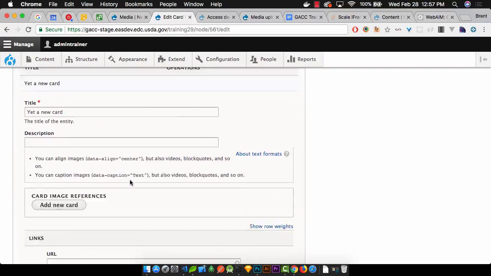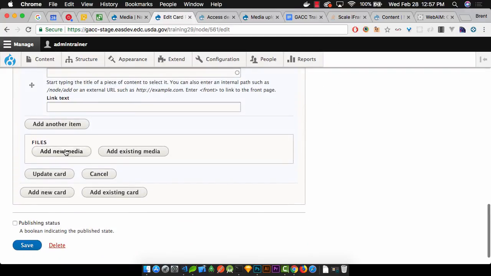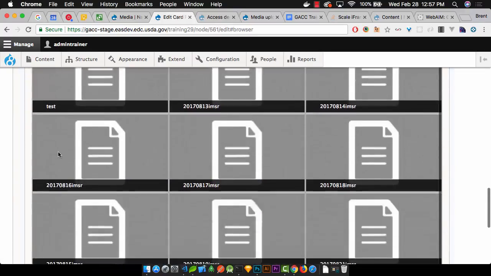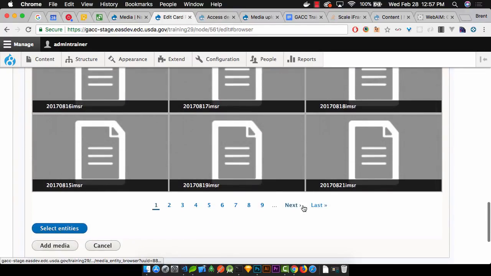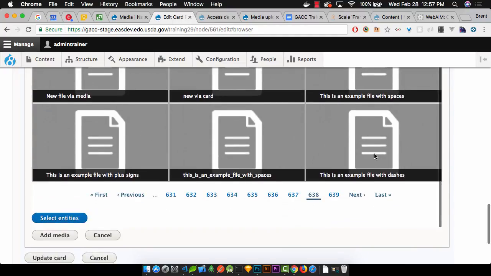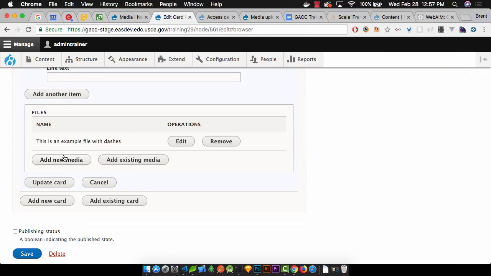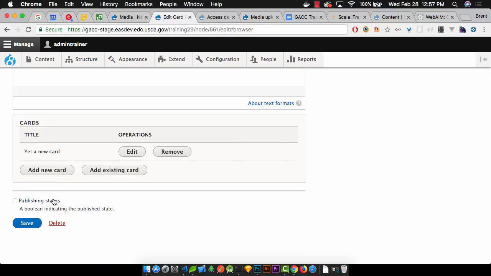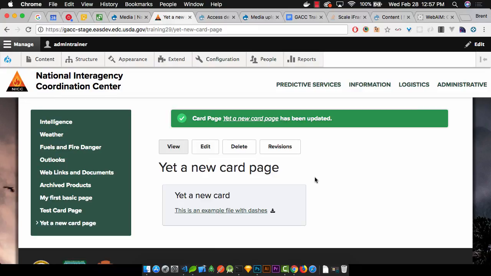Edit. Add existing media. Select the entity. And it's the second to last one. This guy right here. Select the entity. And then I want to update card and save. There we go. Okay, so now we have our card page, and then we have, if we go back to